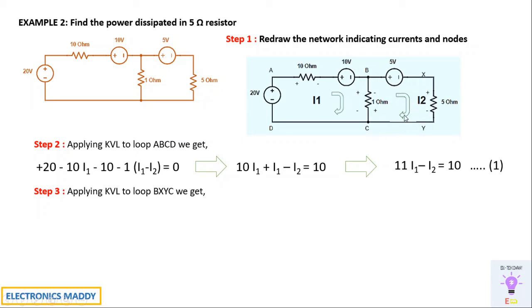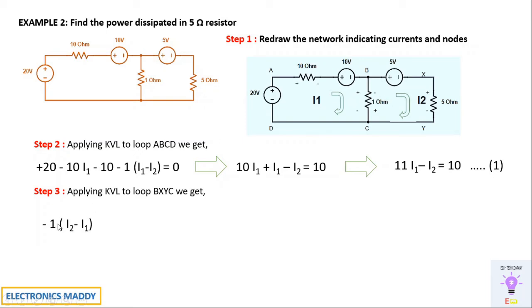The assumed current direction is clockwise. We will be very careful with respect to our assumptions, so we will get started from here. If you see, with respect to loop 2, whenever the current is entering, we'll write it as plus, and when the current is leaving with respect to resistive components, we'll write it as minus. This is the assumption we follow throughout all the problems, so be very careful.